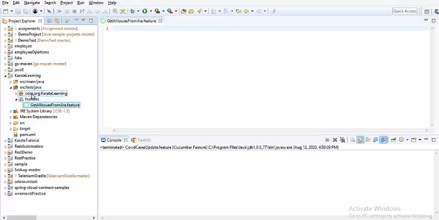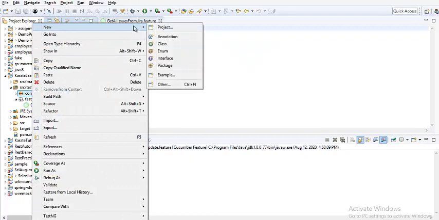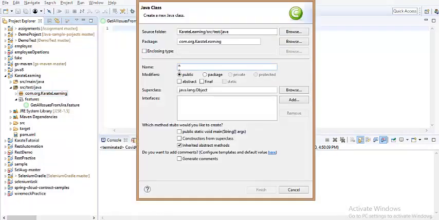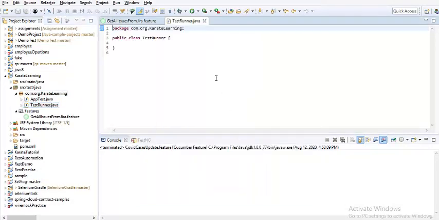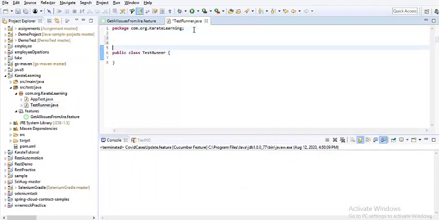So I'll add a class under this existing package, com.org.karate learning. I'll right click and create a new class, name it TestRunner, and I don't want a main method, because we will be using JUnit for our execution. Now we have the runner class created.